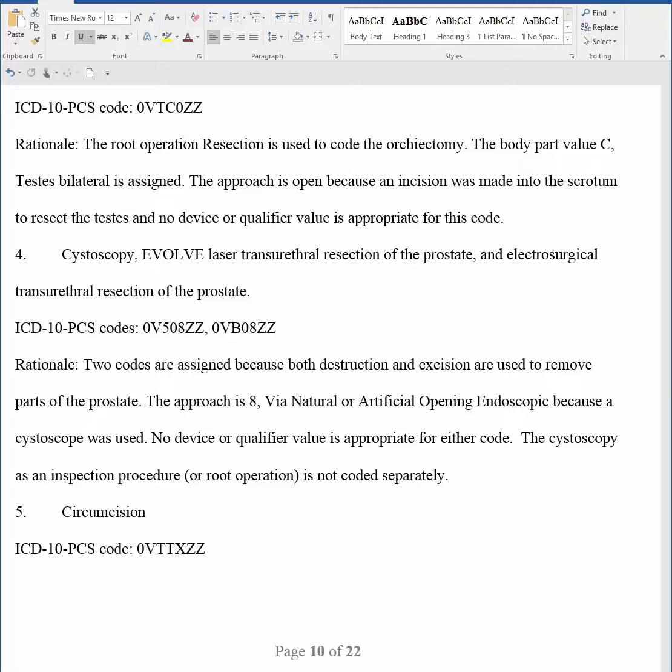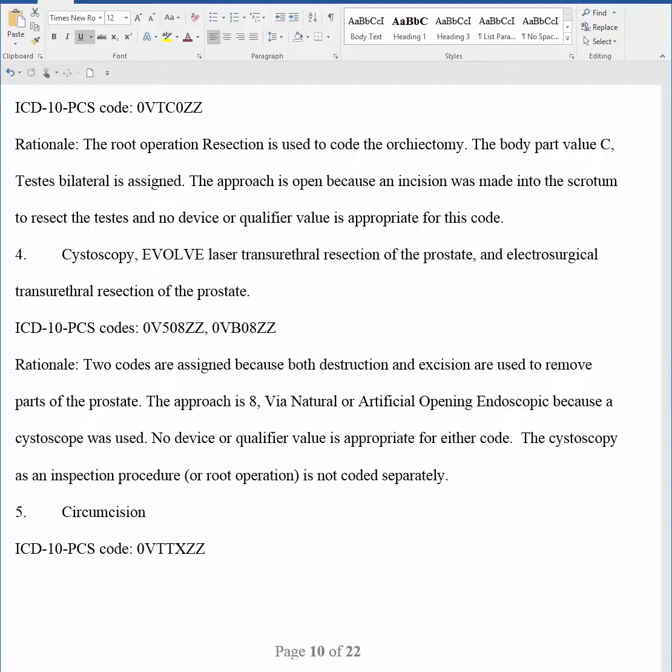Now, he had already taken out some of the prostate gland, so he can't use resection for the second component. The second component was not done by the laser. He says it was traditional, which means with a scalpel or some other cutting device through the cystoscope or the endoscope. So we end up with destruction for one root operation, which is the use of the laser, and then excision for the other. Can't use resection because he already took some of it out. So we end up with two codes, 0V508ZZ and